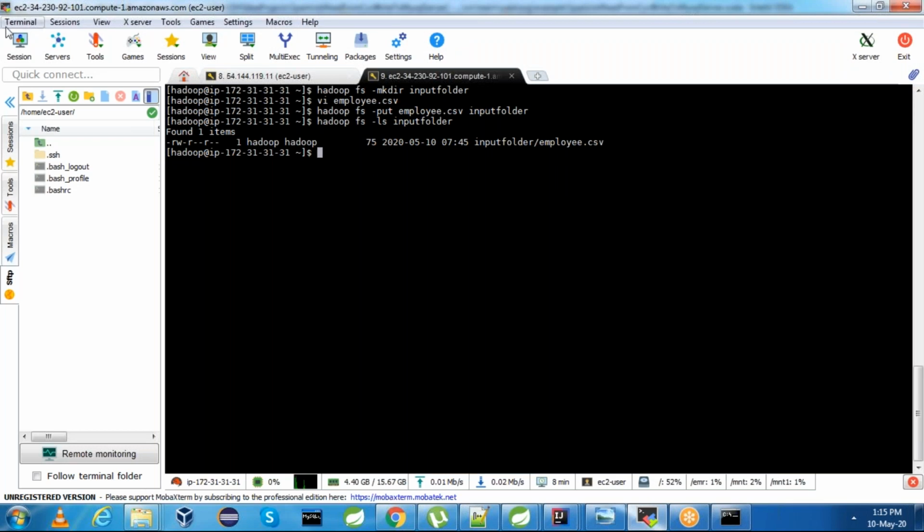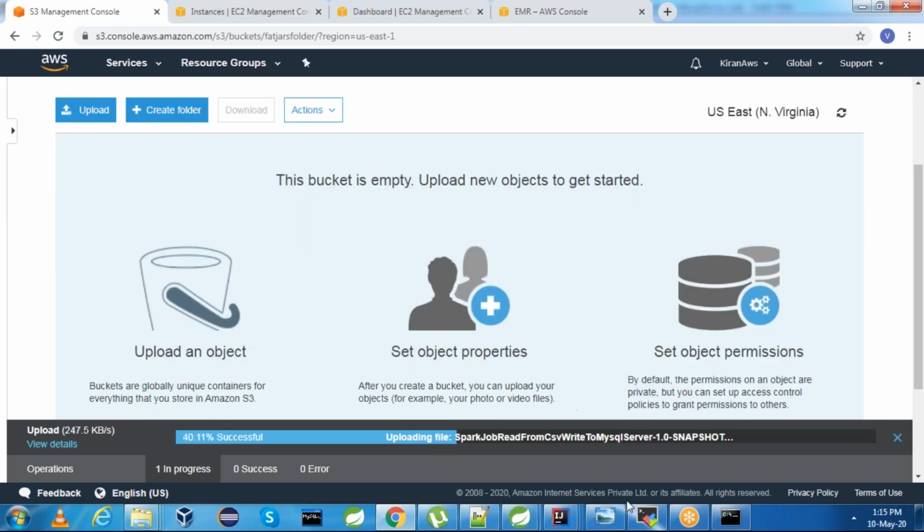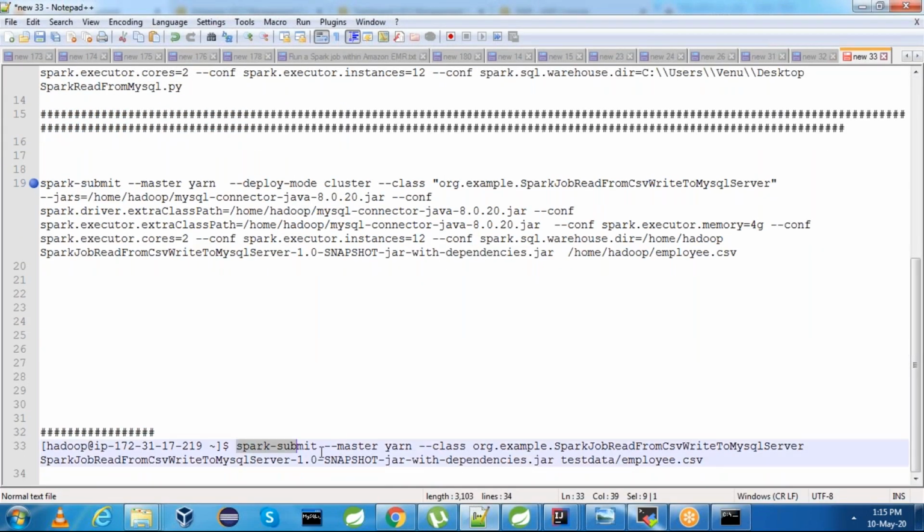Okay, we'll wait for the S3 file upload to finish. It is 40% done, still 60% is pending. In the meantime, we need to prepare the Spark submit command as well.